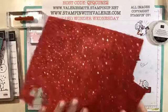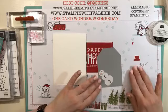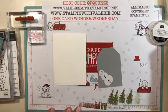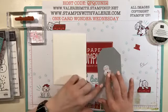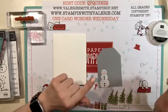It reminds me of Rudolph the Red-Nosed Reindeer, the snow flurries on the cartoon. I don't need the carrot, I don't need the arms, but I did need that hat, so we'll just use this snowman here. He is going to go on the bottom of your card in just a minute, but before